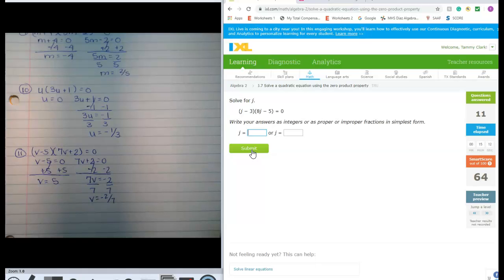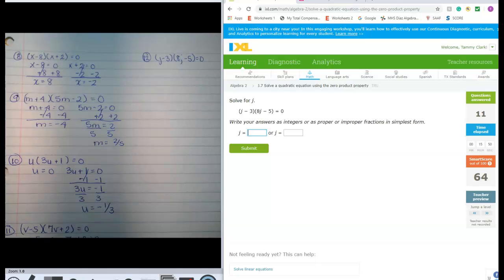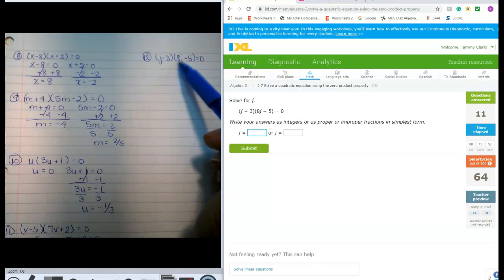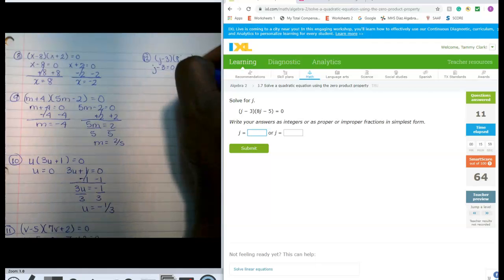Now we're going to solve for j. For number 12, I've got j minus 3 multiplied by 8j minus 5, that equals 0. Set each binomial equal to 0